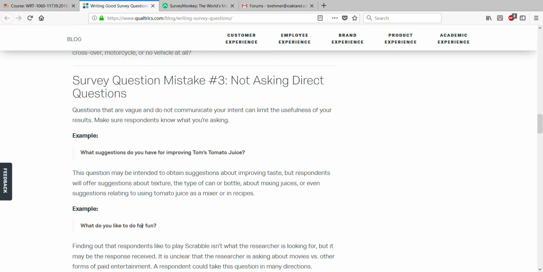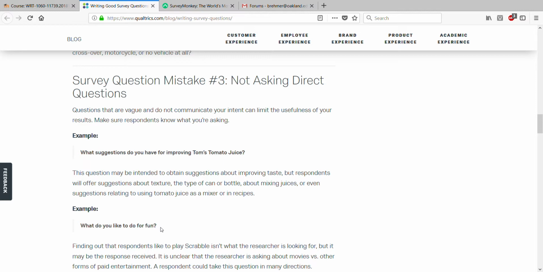This idea here, what do you like to do for fun? It's not really a direct question. It's also not really something that you can provide a multiple choice of answers for. It's such a broad question that you might want to offer somebody an open-ended answer, some space to just kind of write an answer for you. And really, I suggest only doing 1 or 2 questions like that.